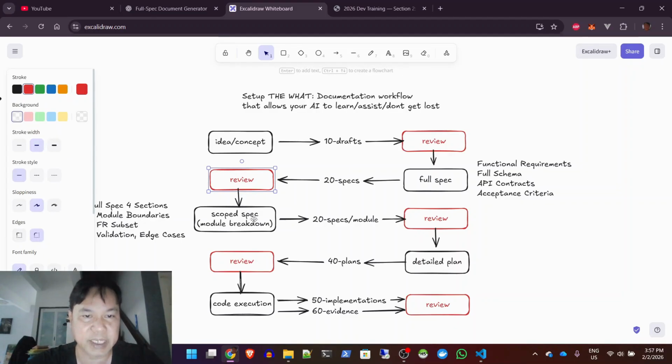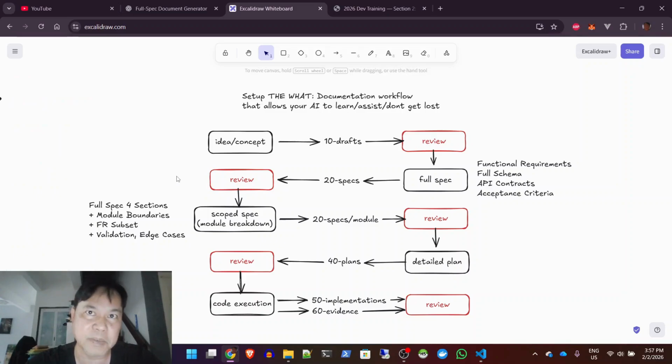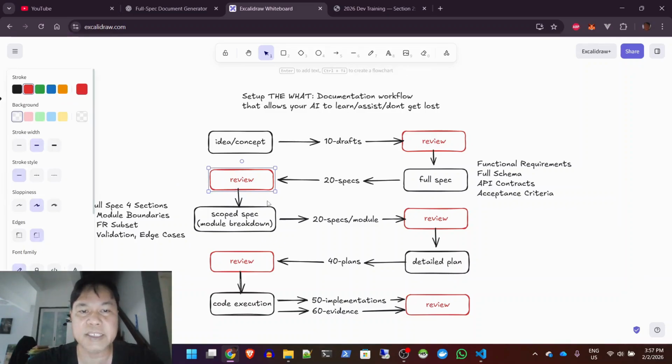Only then will I break it down, if needed. If this is already a module, then I don't have to break it down; I can just skip to a detailed plan. But if this is an app that has modules, then I will ask it to break it down into a